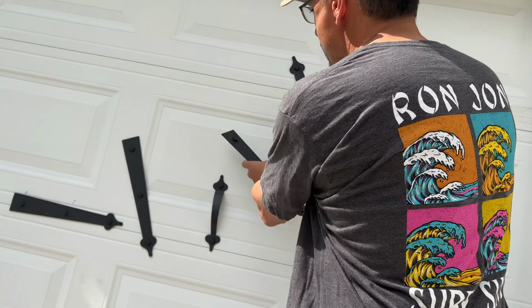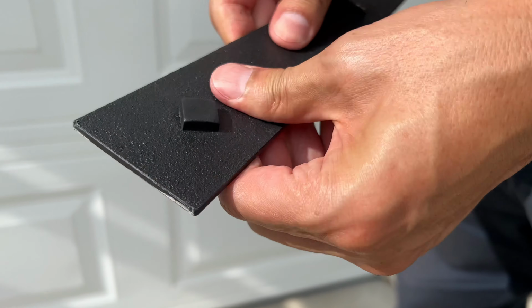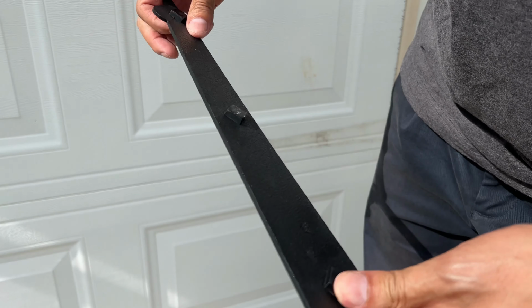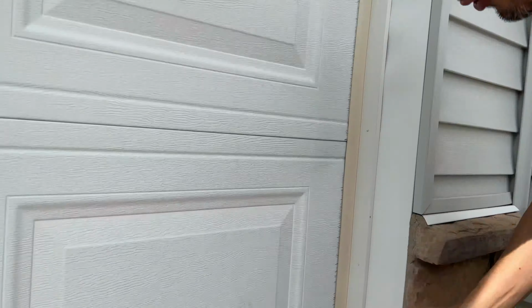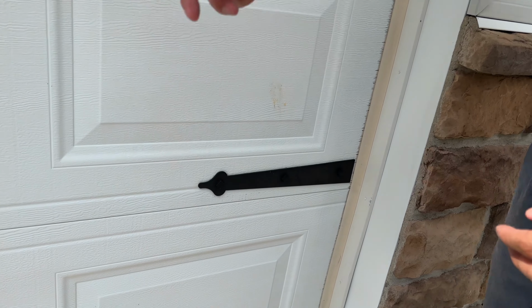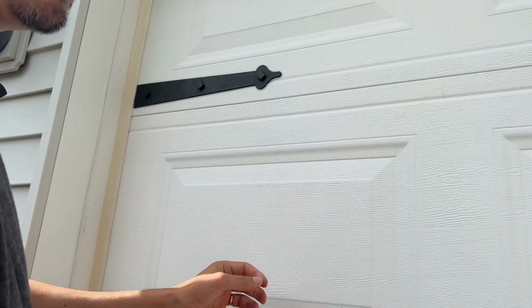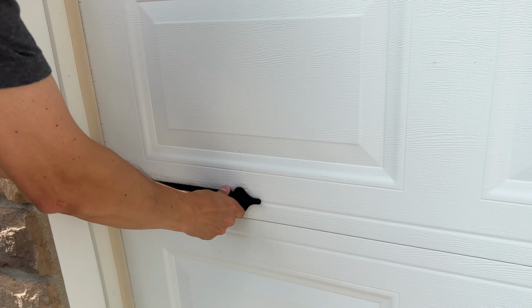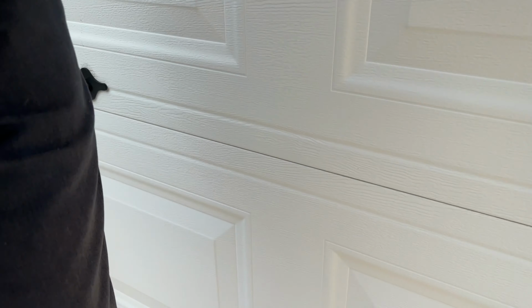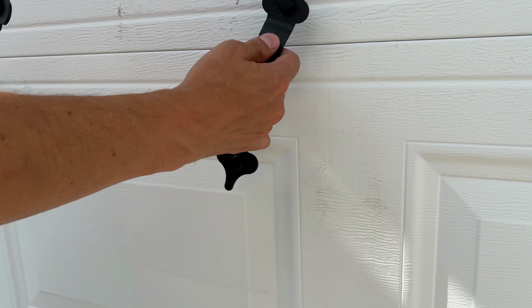All right, so these pieces are rigid, solid, with magnets at the back. What it does is, if you install it in a strategic location, it mimics the look of solid hardware, old world charm. It'll take a basic, boring metal garage door and it'll look like it's an old carriage door. Now you don't want to put it at the seam because when the door opens and closes, it'll pop